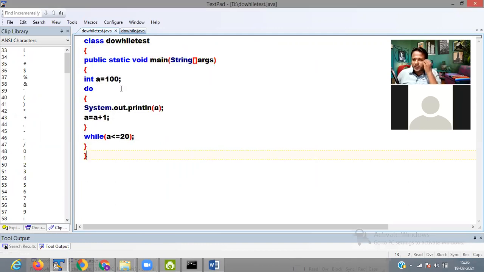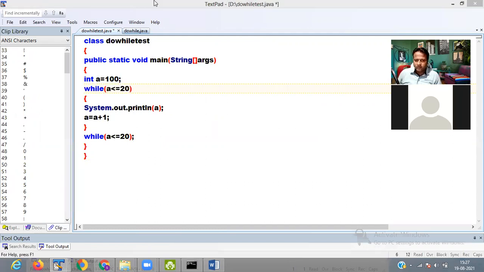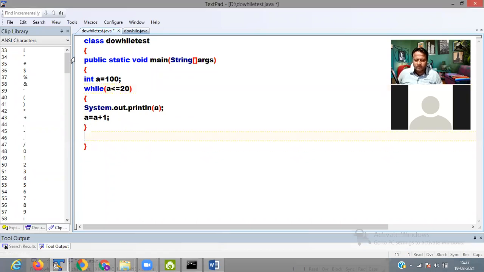Now we are passing here 100. Here we pass the condition: while a is less than or equal to 20.